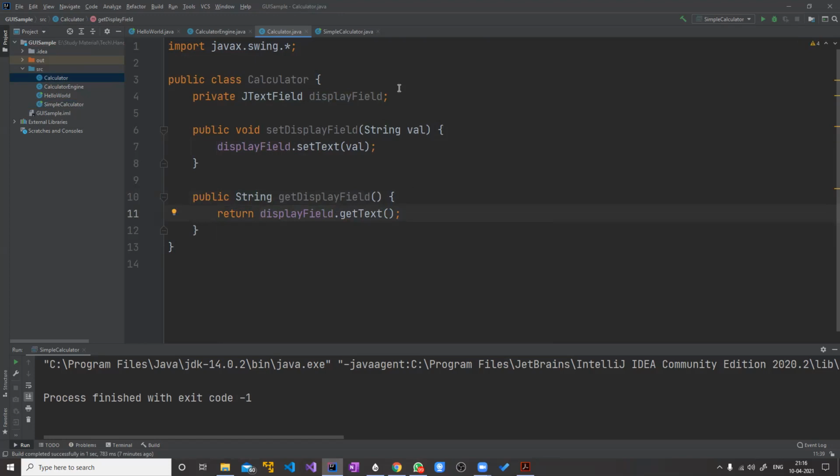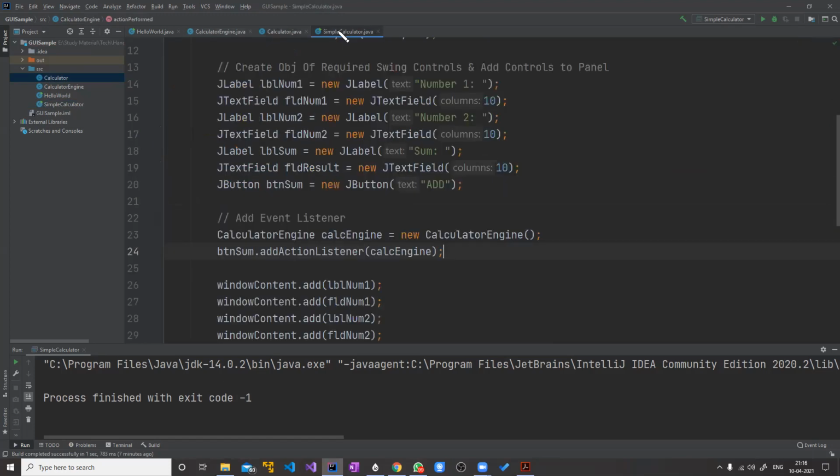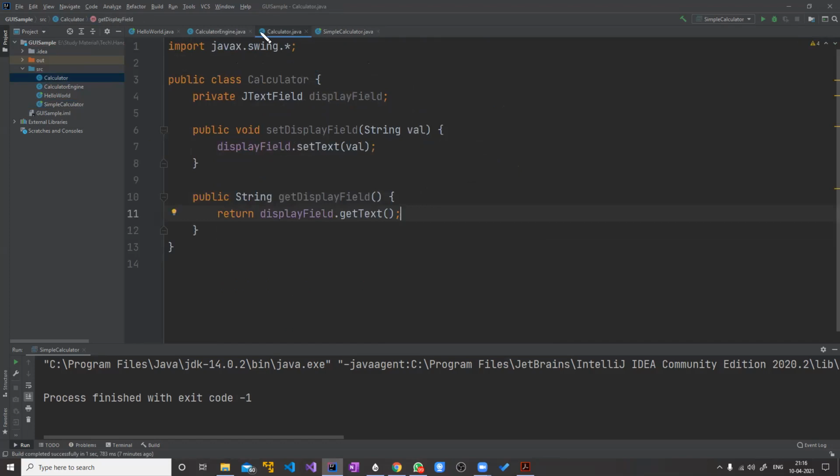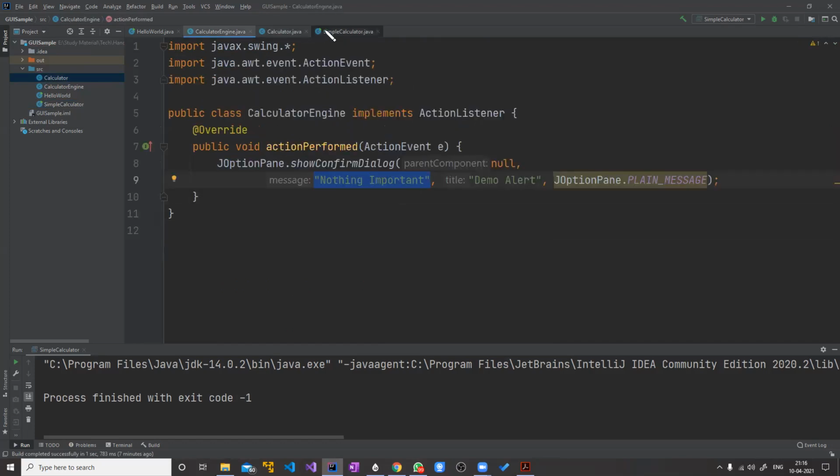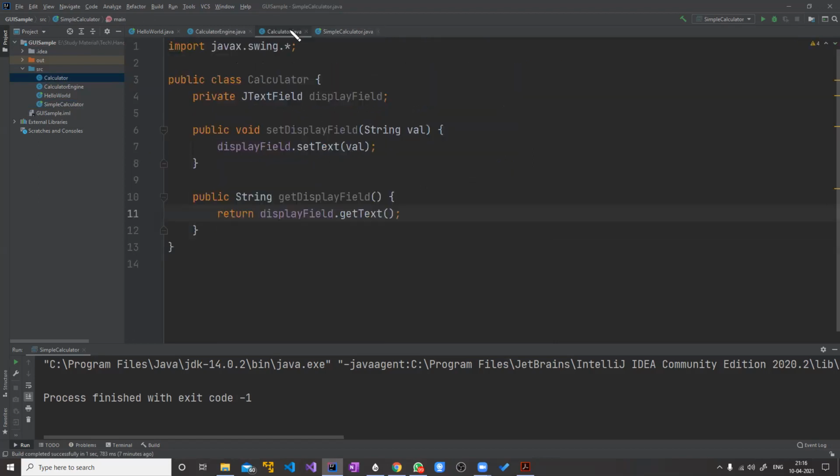So calculator engine and simple calculator. What is this calculator doing? Calculator engine is the back end. Simple calculator is the front end. This calculator.java is sitting in between the simple calculator, which is the front end, and the back end implemented in calculator engine. The calculator engine is not able to access the text fields on the UI, so this will give it the access.